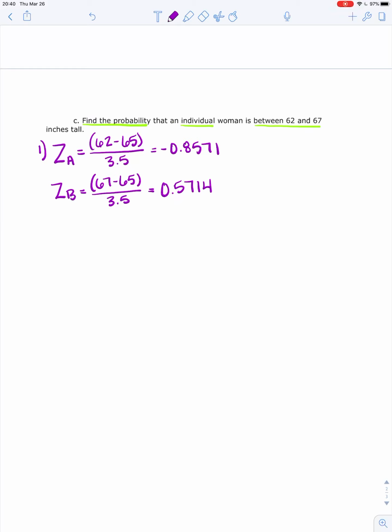So we have two heights that we're looking at, so we have to calculate two different z-scores. And the mean and the standard deviation are still the same because we're still looking at women's heights. So now step 2